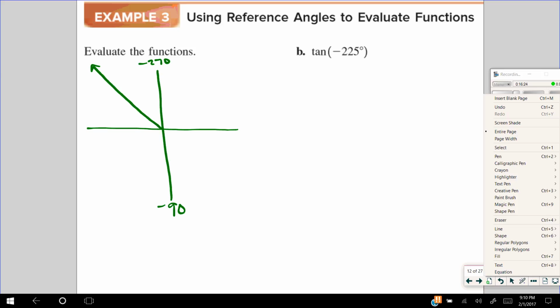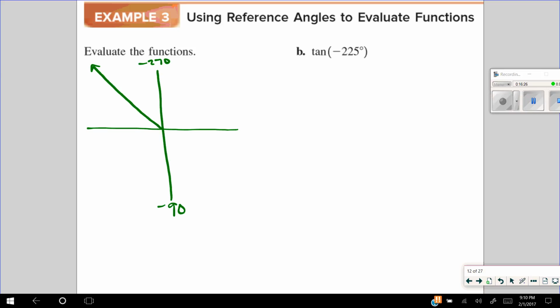Next step, draw our reference triangle. And our reference angle here, theta, is the difference between 225, which is what this angle is, and 180, because we're connecting back to the x-axis. So the difference between 225 and 180